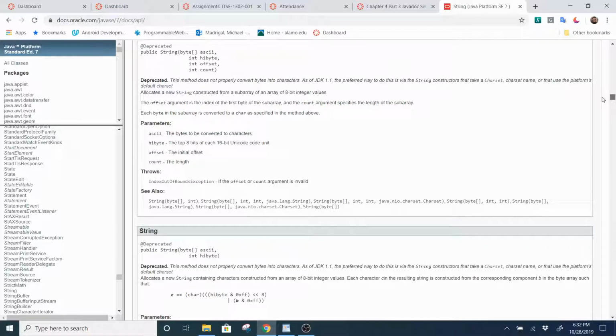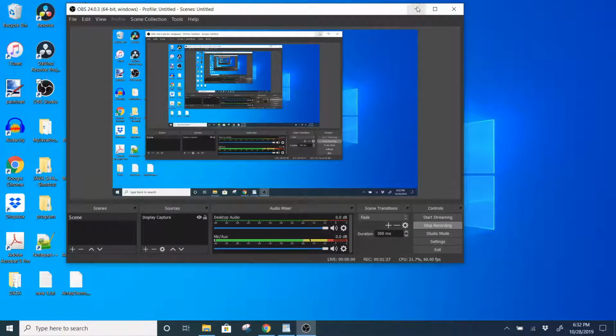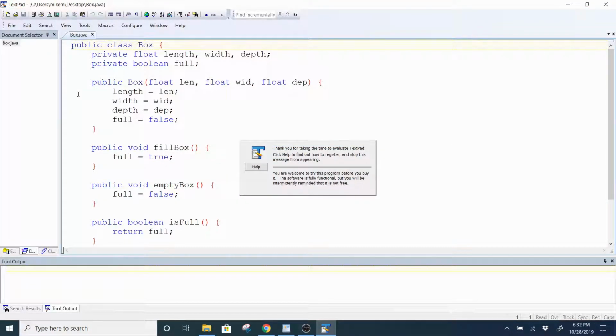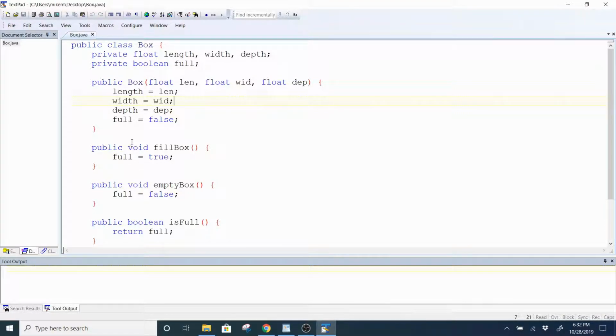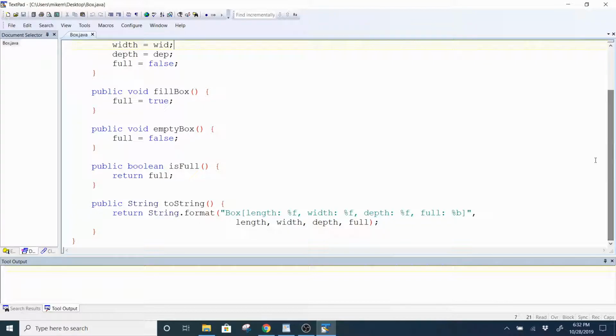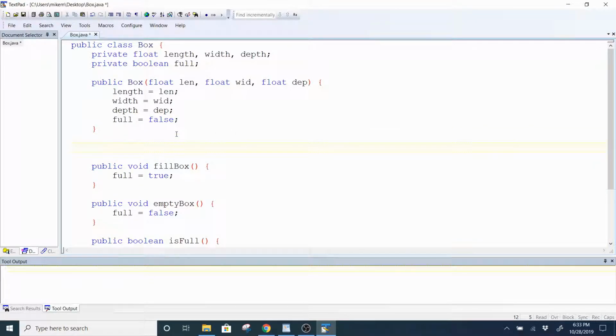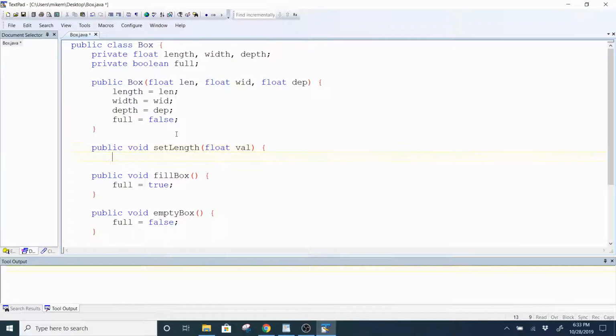So the way it works for your own personal class is you're going to find a class that you want to document, right? So I'll choose this Box.java. In this Box class, I have a constructor, I have some methods, I have a toString. I guess I'm missing a lot of methods here, but let me just add a getter and a setter for something. So I'm going to say public void setLength, and it's going to take in a value,